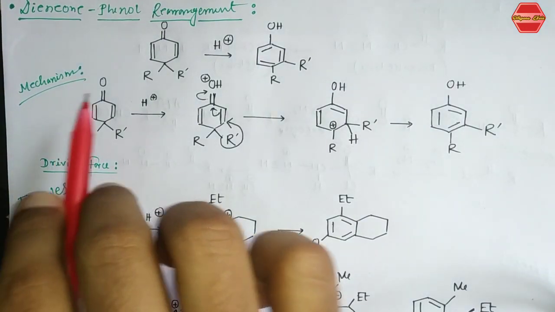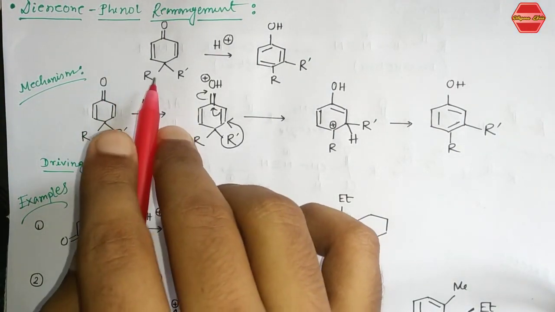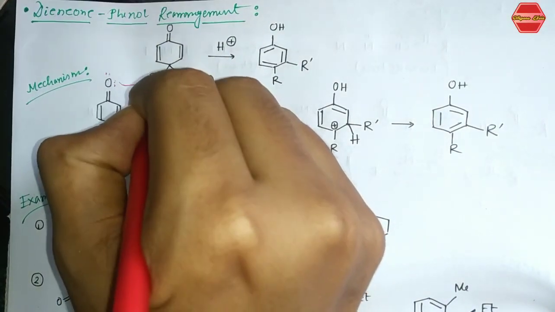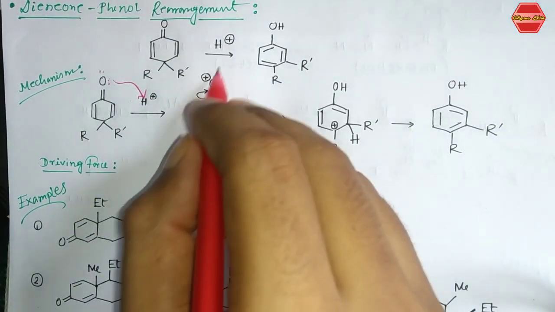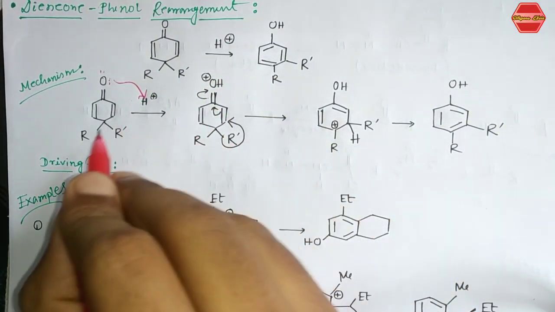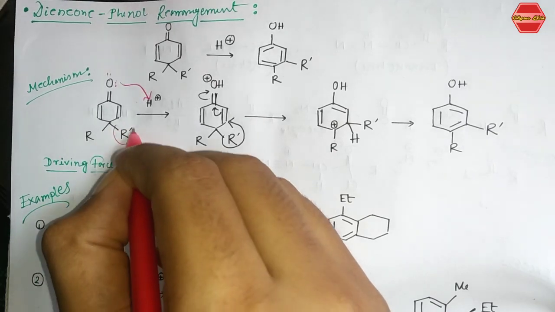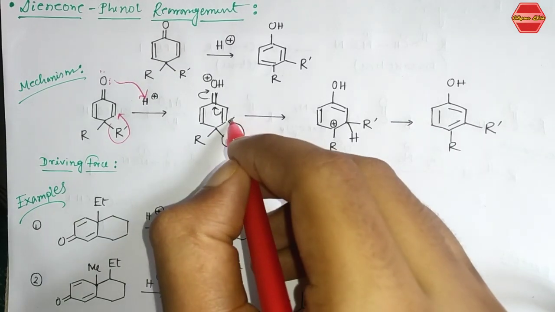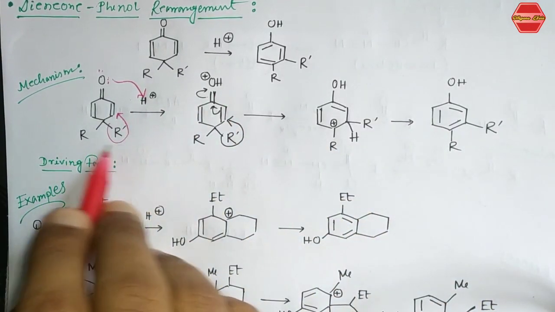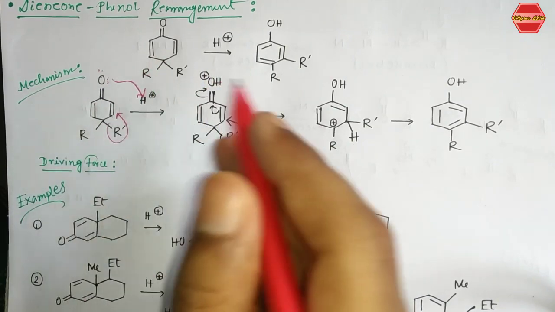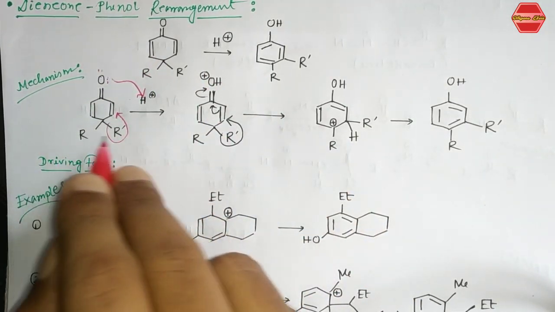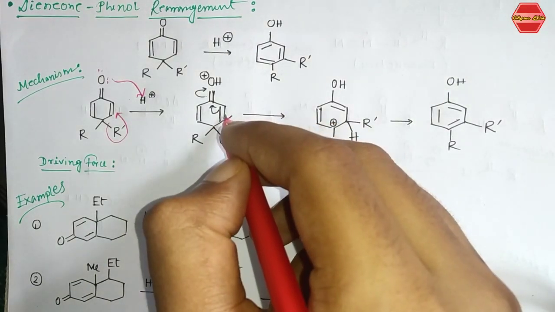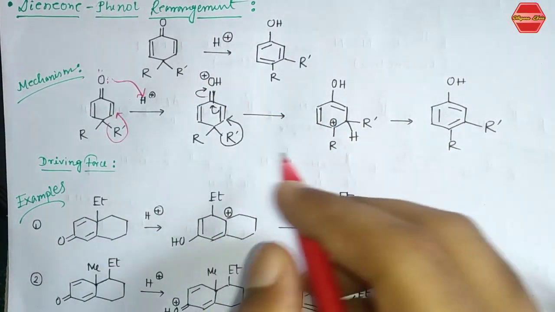So at first you have to know that the acid is given. So this oxygen has a lone pair of electrons. It generally takes a proton, so that you are getting this OH positive, and next this R group migrates over here. Now there is no fixed choice of group, that is R is what and R prime is what. So either R or R prime can migrate. So R will migrate over here, and these bonds go here, and this will neutralize this oxygen.